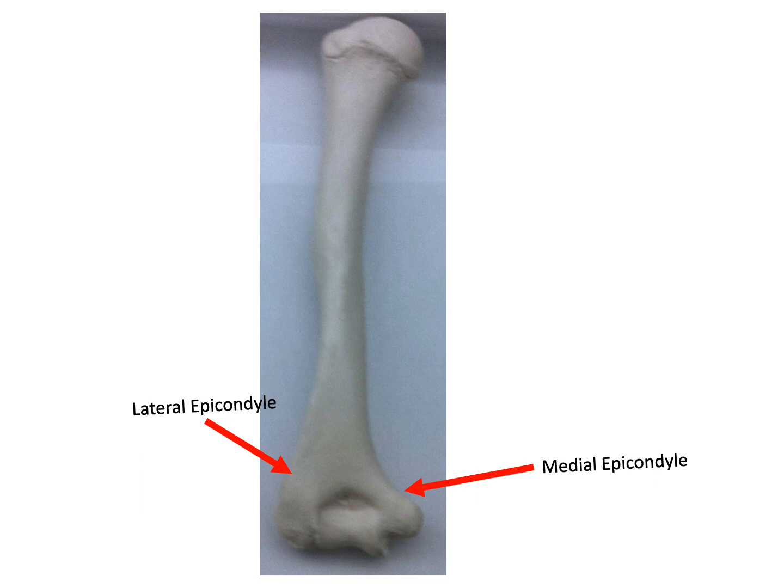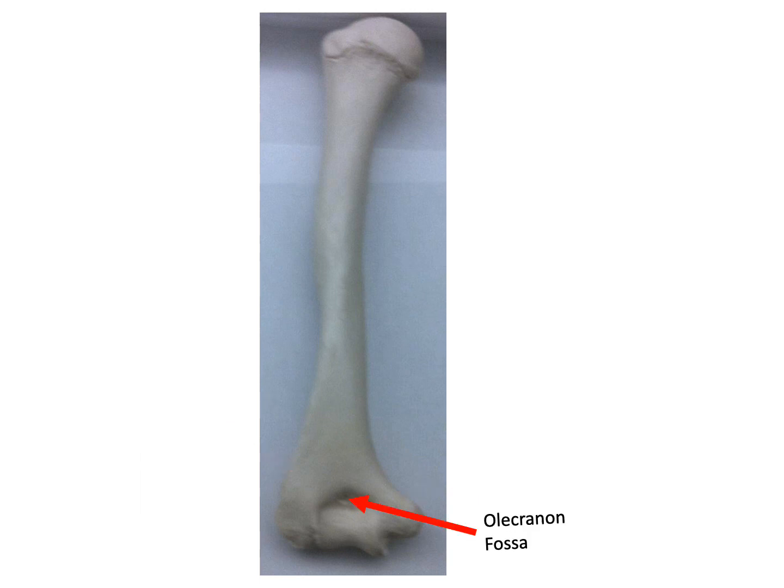But we have a brand new landmark to see here, and that is the olecranon fossa. The olecranon fossa is the indentation within the distal edge of the humerus that is going to be the articulation for the olecranon process of the ulna. We have the trochlea,